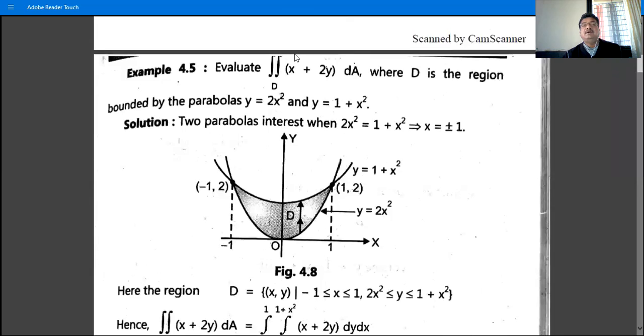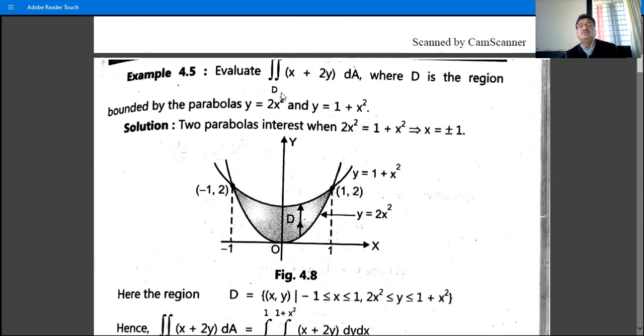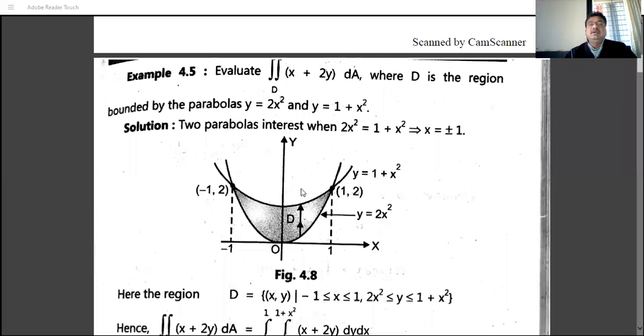So this example: evaluate the double integral over D of (x plus 2y) dA, where D is the region bounded by